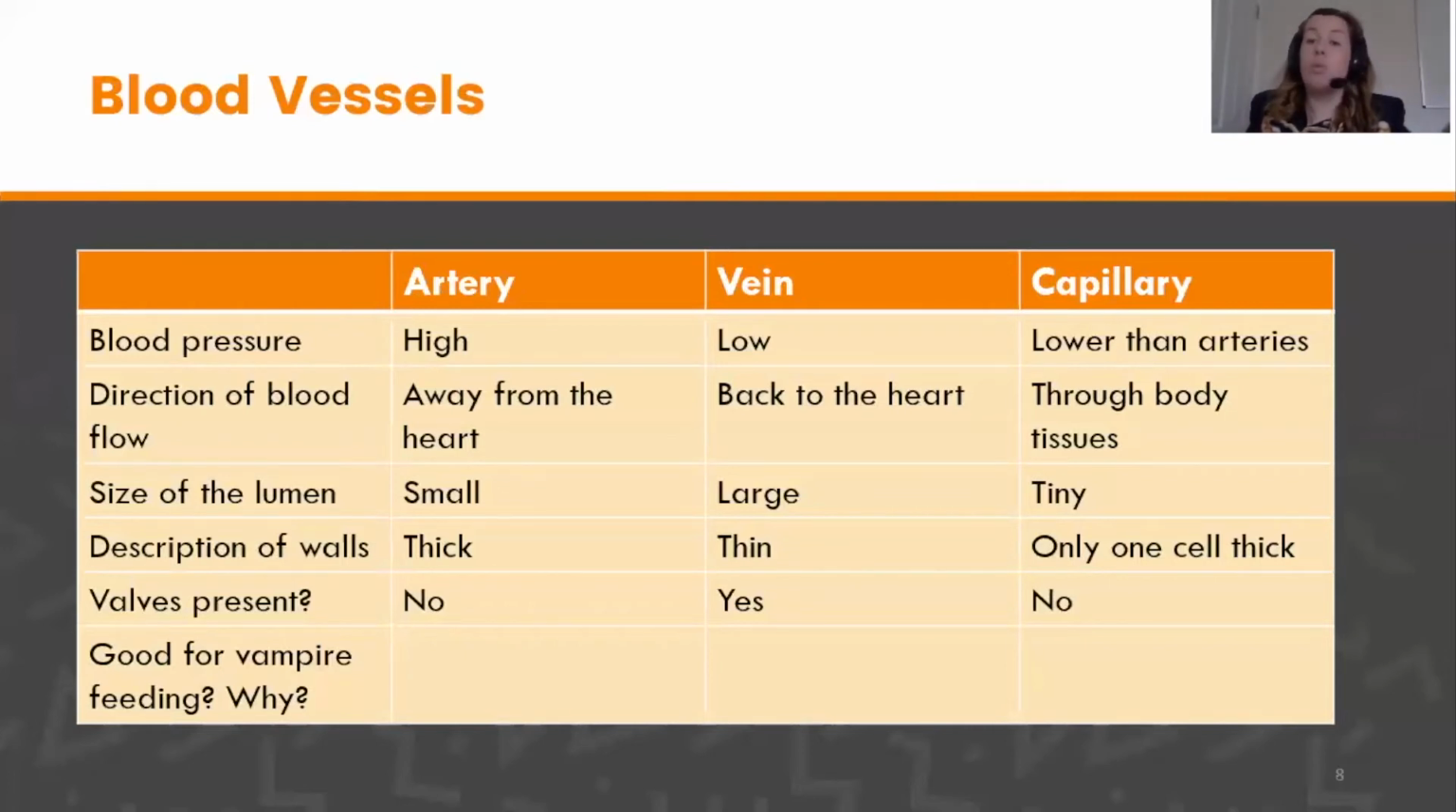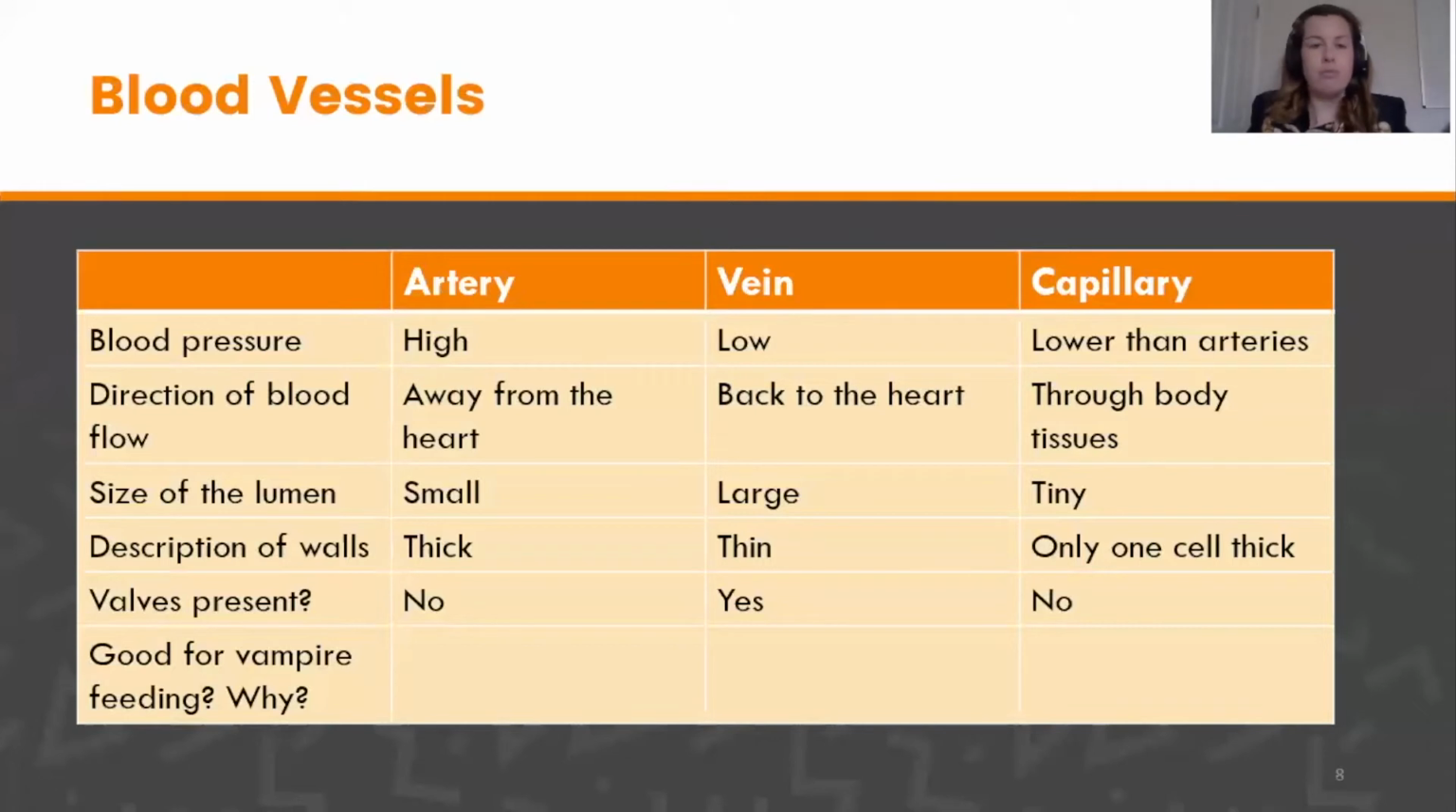Arteries carry blood away from the heart. I remember A for arteries and A for away. Veins carry blood back to the heart, and capillaries carry blood through body tissues. Arteries have a small lumen, veins have a large lumen, and capillaries have a tiny lumen. Only one blood cell at a time can fit through that, the lumen, the hole down the middle of the